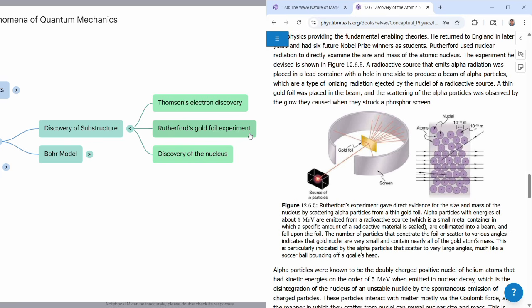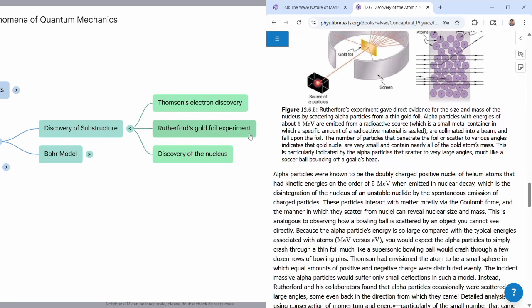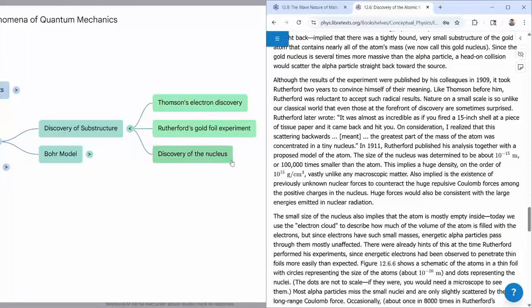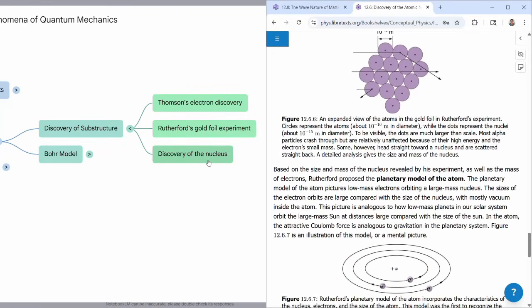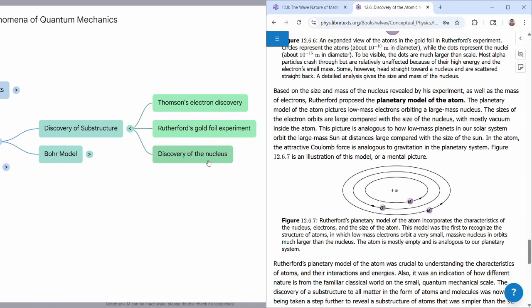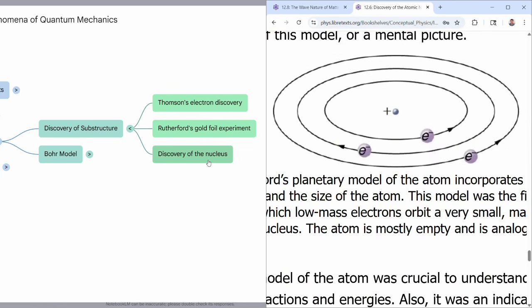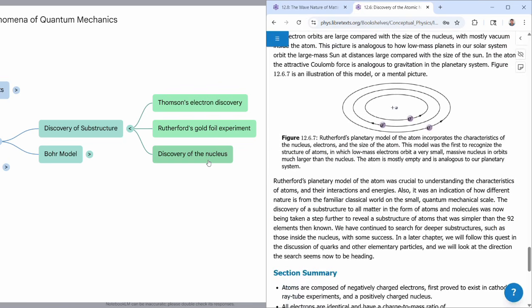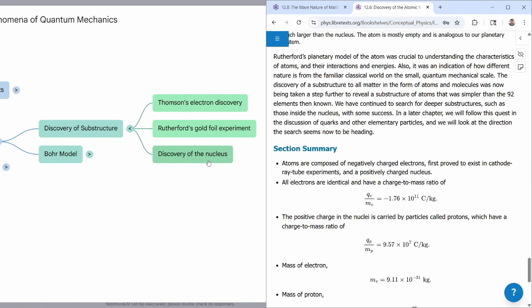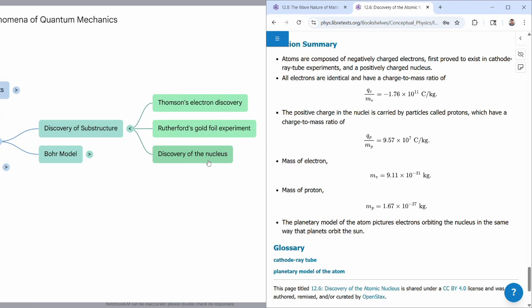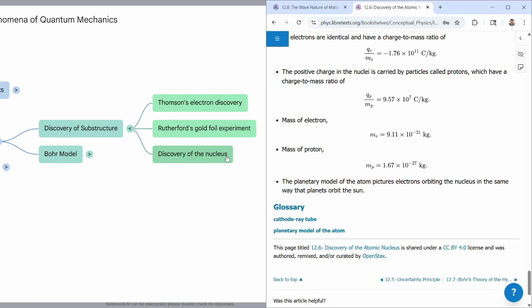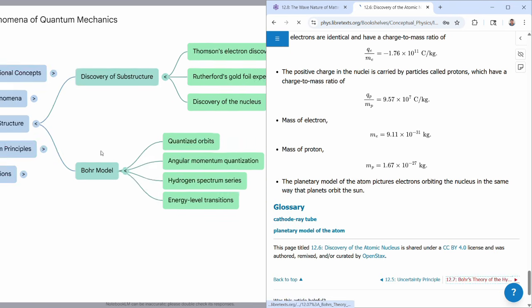And the result of his experiment could only be explained through the existence of something called the nucleus, a very small region of the atom that contains all the positive charges and most of the mass of the atom, like more than 99.9% of the mass of the atom. And it's in trying to explain how this nucleus and the electron existed in an arrangement that we would recognize as a stable atom that the Bohr model comes about.